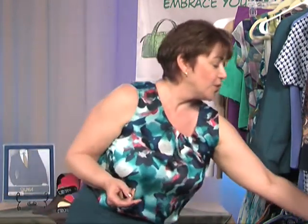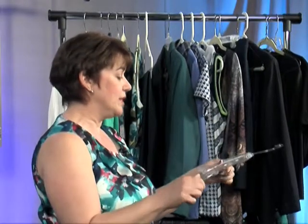So now that we've got that, now we get to look at our closet and go through and figure out what works and what doesn't work. But the first thing that's really important is to have a little bit of a discussion about our options to hang things. So if we have a blazer, you may have seen something like this. You want to have something that's got a wider angle on the shoulders so that your jackets will keep their